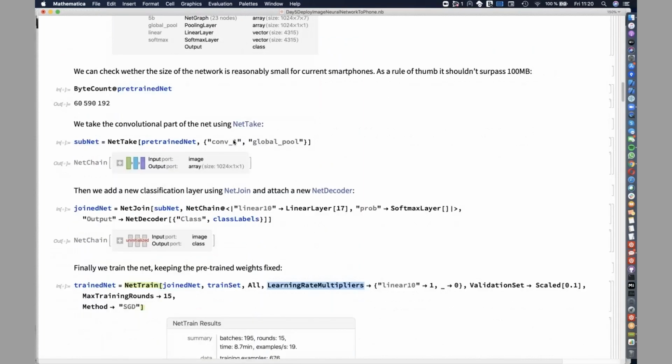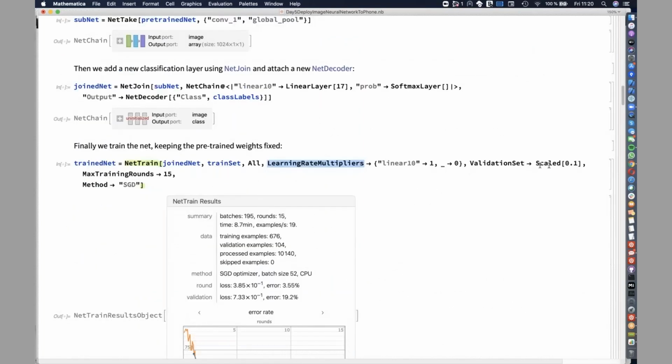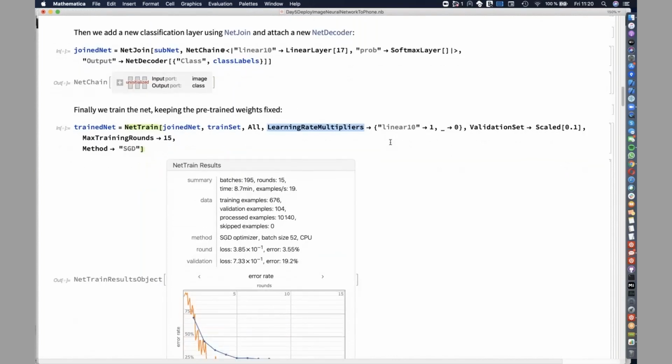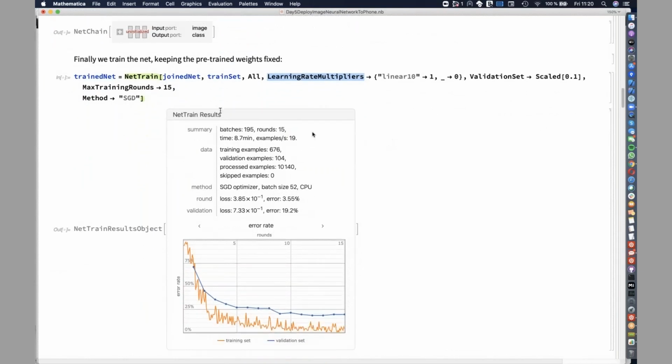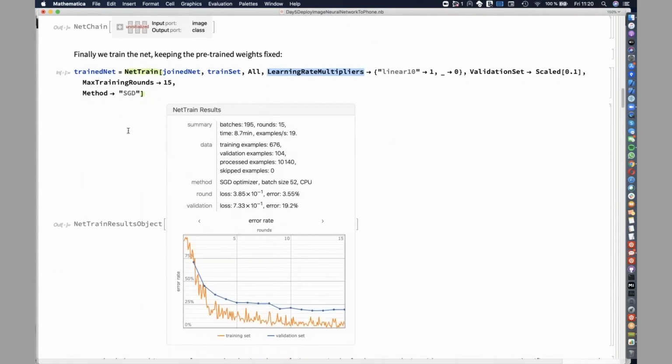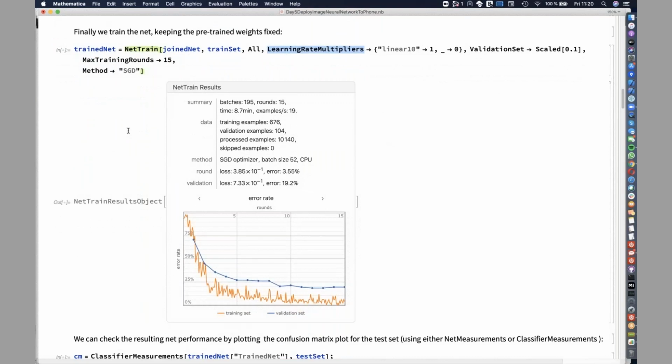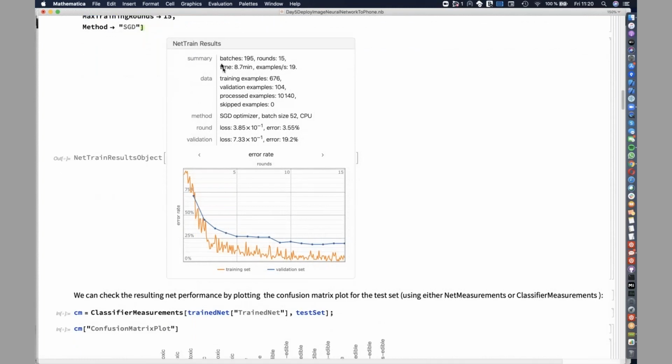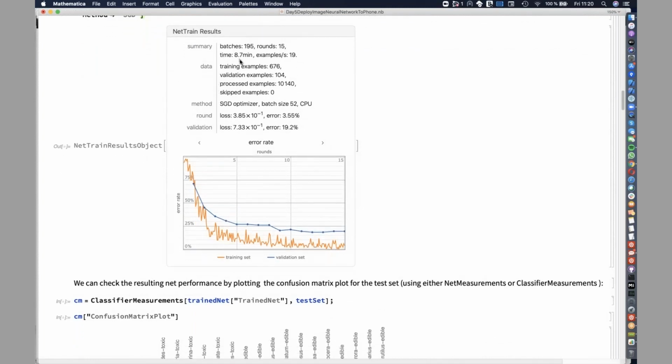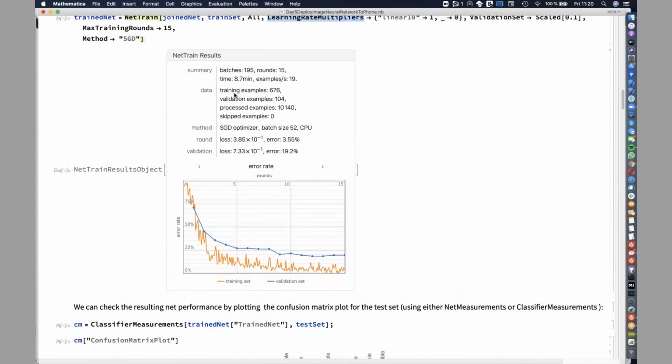Then I'm including a validation set based on the training set, 10% of the training set. You can specify parameters like the max training rounds, here I'm using 15, and the method is stochastic gradient descent. For this particular case, it took me about 9 minutes to train this